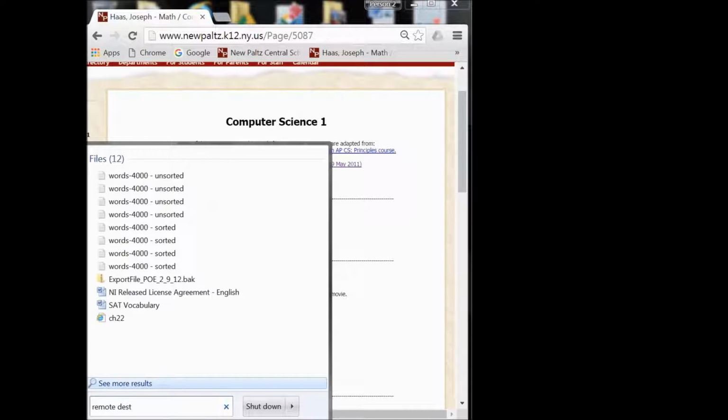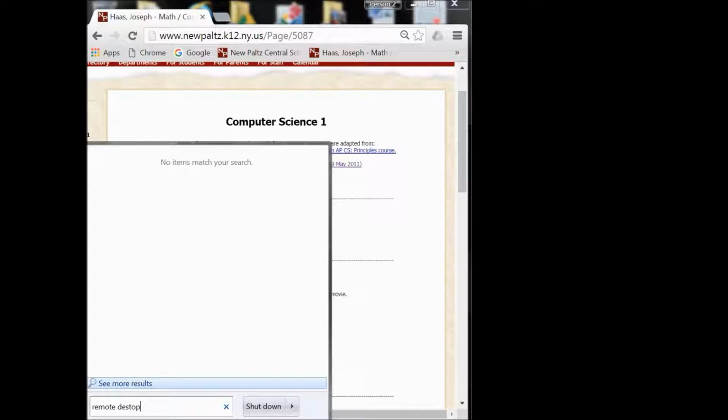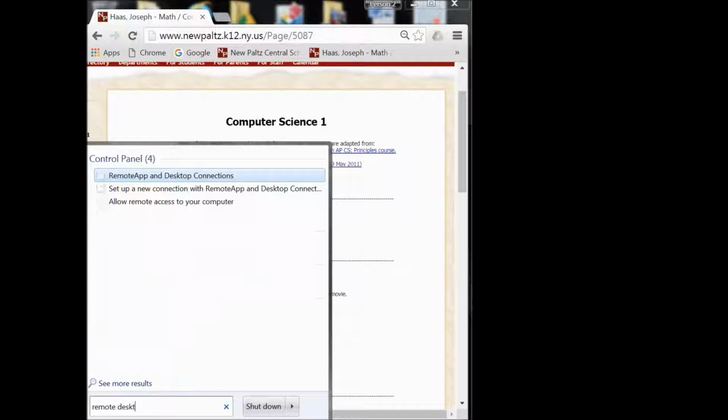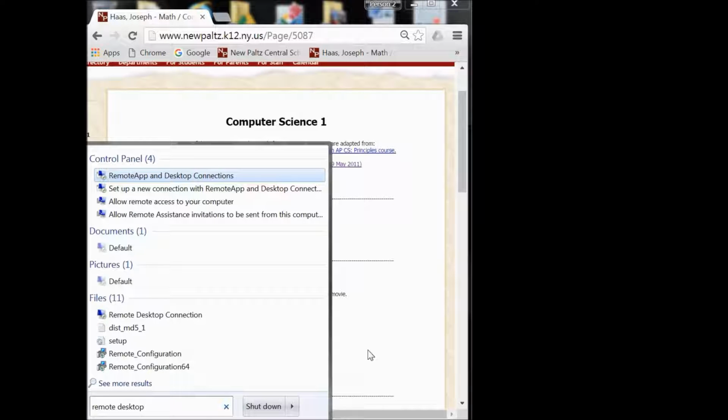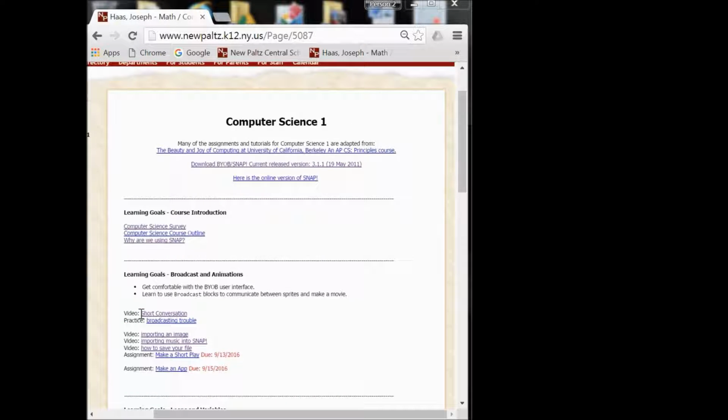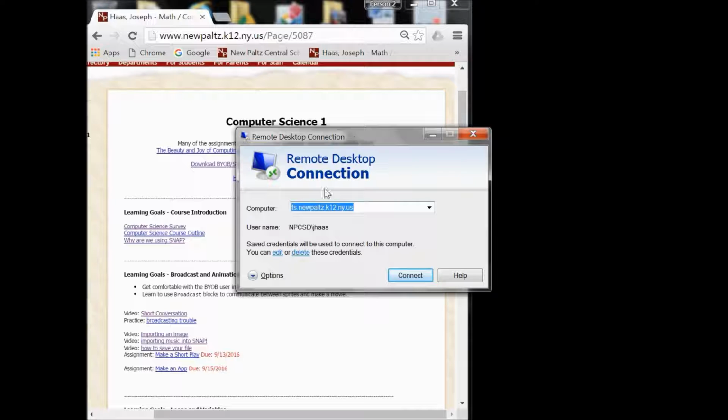And I know there are alternatives. There are alternative things that you can download if you're a Mac user. So I just typed in under applications, remote desktop. Here it is, remote desktop application. You can see it comes up. And I've used it before to log on to the New Paltz High School's terminal server, but if you haven't used it before, you may need to type in ts.newpaltz.k12.ny.us. So here I'll connect,